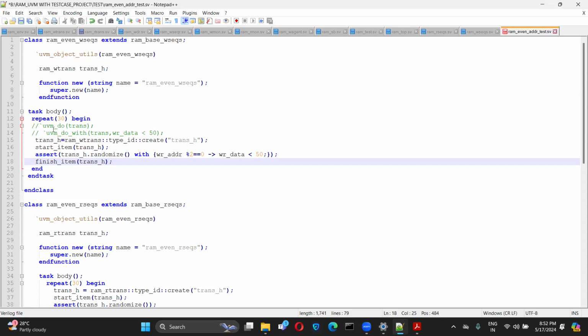Likewise, this UVM do inside source code is nothing but this one. This will create the transaction, give the start item, and then randomize. If we are trying to give some inline operations, then you have to use the UVM do with. Otherwise, you can directly use UVM do where the transaction will happen, randomization also will happen, and then the finish item will also get executed.